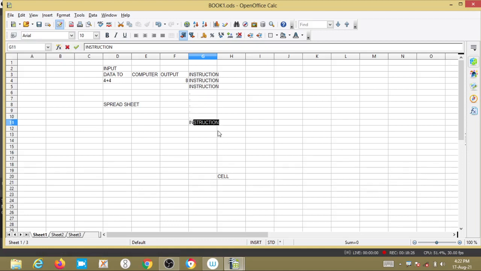This collection of instructions is called one program. Next, program 1, program 2 and program 3.